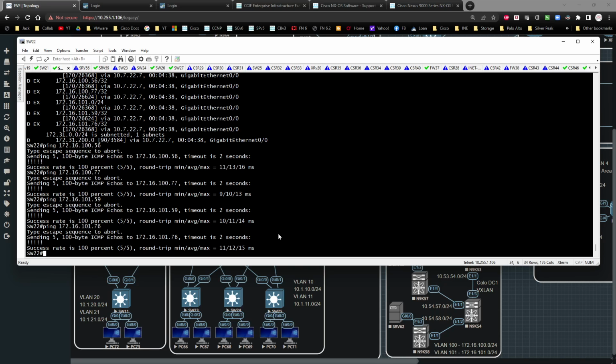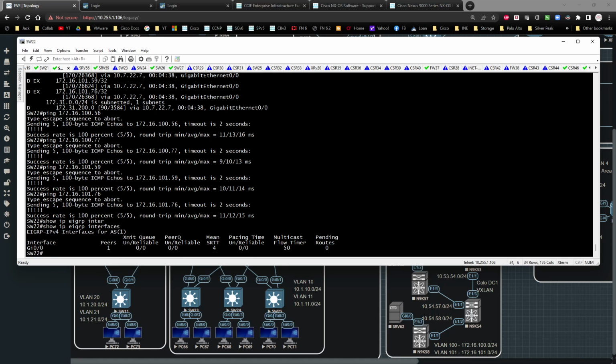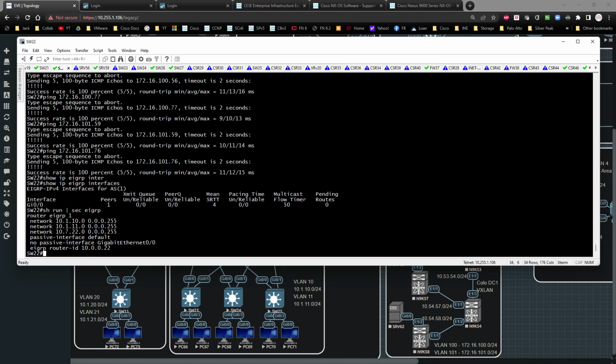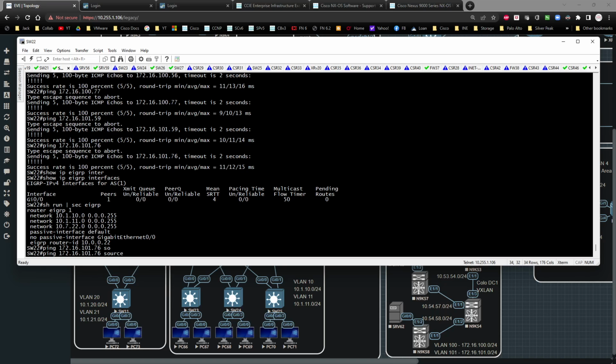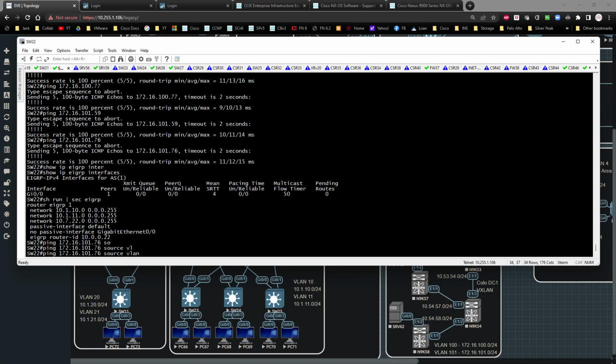So let's do a show IP EIGRP interfaces. Good. Show run section EIGRP. Show run. So I've got my 2 subnets advertised. Okay, so everything looks right. So if I do the same ping test, but I source from VLAN 11, which is actually VLAN 10,